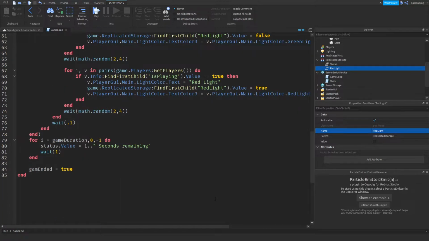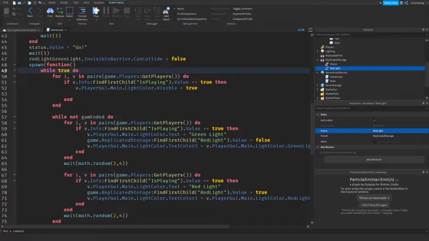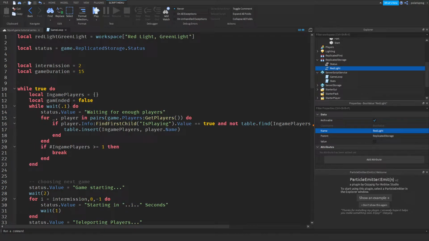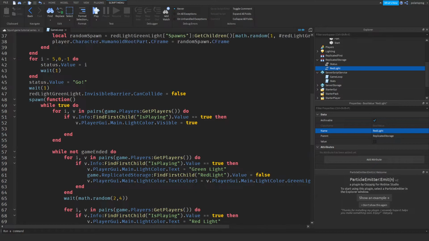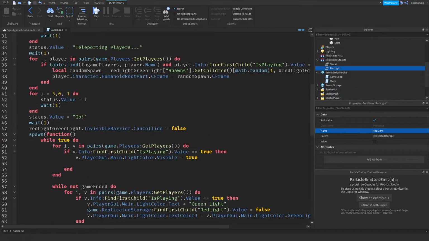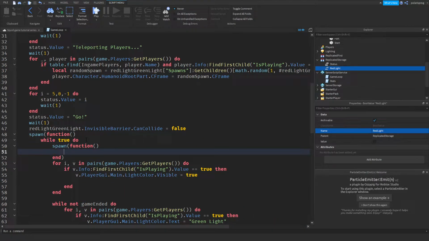Let's just do a little double check. Everything seems fine. What I'm going to do now is make sure that, inside of this while true do loop, while not game ended, by the way, I misspelled game ended, so I'm just going to make this say game ended with an E. And right here, I'm going to have another spawn function, so a spawn function inside a spawn function. So right here, spawn function, and while wait .1 do